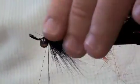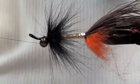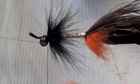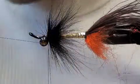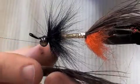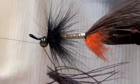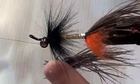This Arctic fox is going to prop this material up and allow this ostrich to spin pretty loosely and freely in the current. Just load your ostrich in. Put your finger on the back of the material. It'll allow you to hold that in place